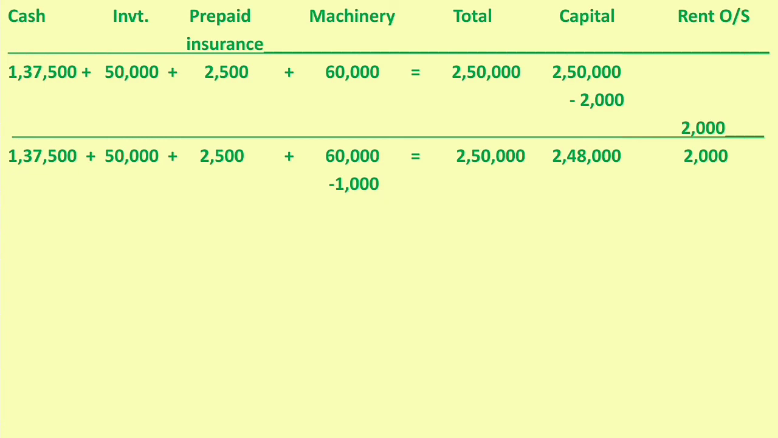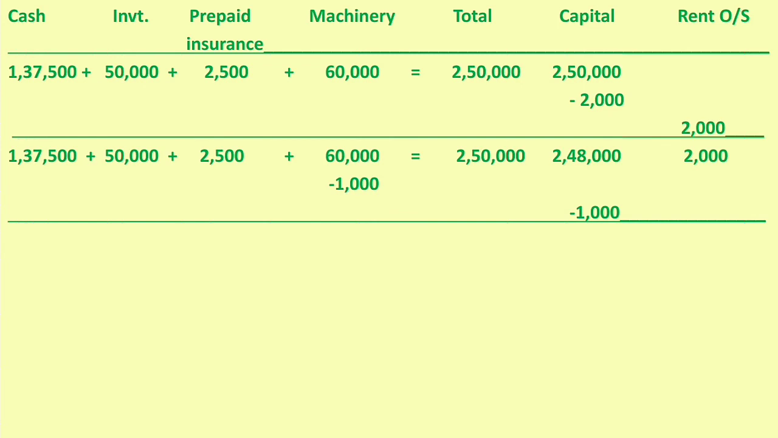Decrease in the value of an asset. Then it is a loss to the business. All losses will finally affect the proprietor. Then we can deduct the amount from proprietor's fund. Then minus 1,000 in capital column also. Now the final balance is cash